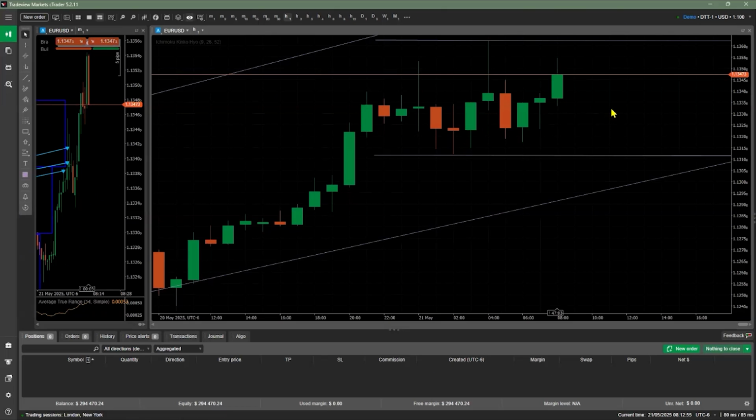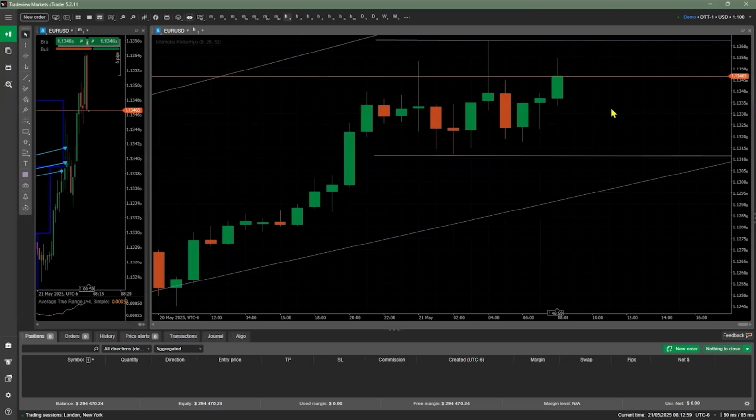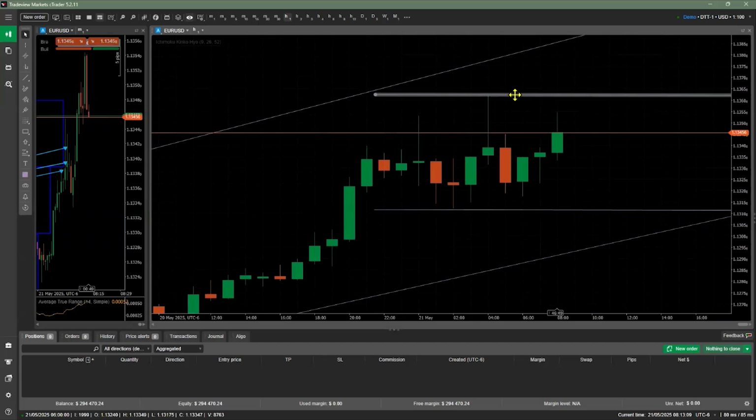Higher highs and higher lows. So this adds confluence to your top down, right? So now you have two time frames telling you the same thing, higher highs and higher lows. And here, threatening to break through the ceiling,